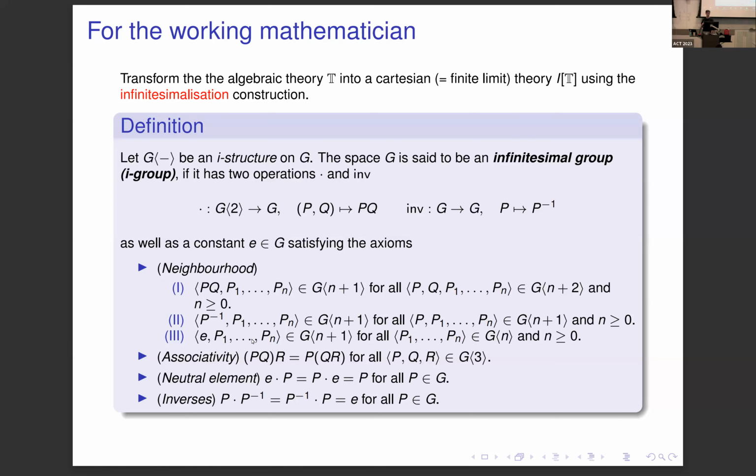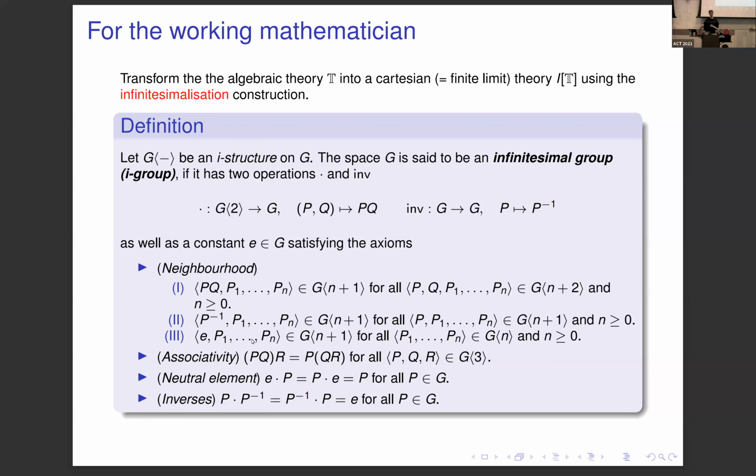So there is a version that I prefer to use, I call it the one for the working mathematician, which actually utilizes logic rather than universal algebra. We can do something called an infinitesimalization. Again, it can be formalized, but we do not have to worry about that in particular. I'll just give an example. If I want to axiomatize an infinitesimal group, I'm starting with a theory of groups and turning it into the infinitesimal version.